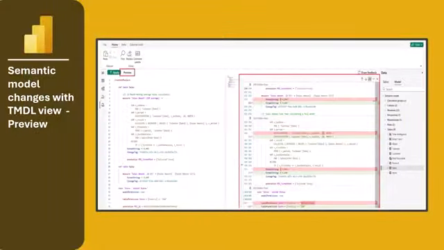So there's also we have our semantic model changes with the TMDL view, which is in preview. The TMDL view lets you preview script changes by showing a preview of the semantic model before and after script execution as a TMDL code diff. This is particularly useful when copying scripts from others, allowing you to assess their impact before running them against your